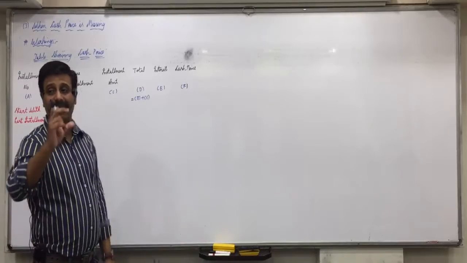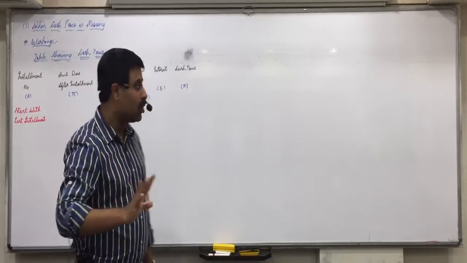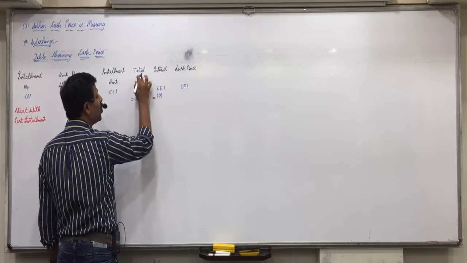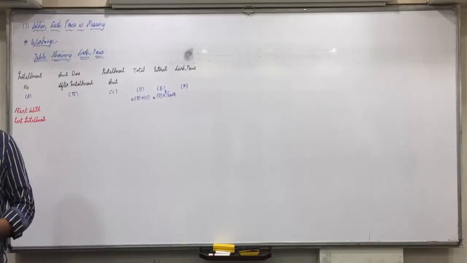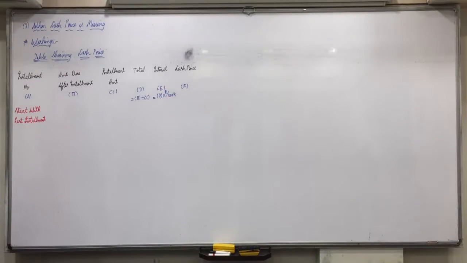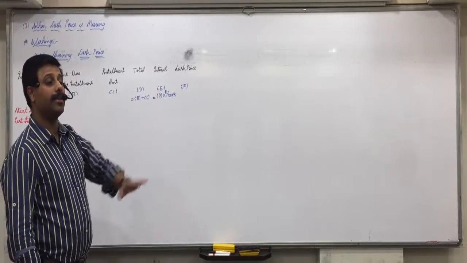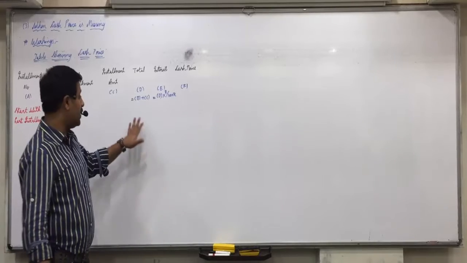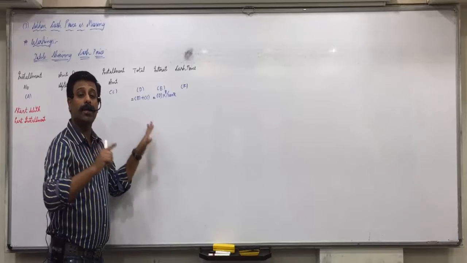Now in this last installment, interest will always be included. So how would you separate the interest from that? The amount of this total into R upon 100 plus R. Means if the rate of interest is 10%, how will you find the interest included? Total into 10 upon 110. If the rate of interest is 6%, how will you find the interest included here? Total into 6 upon 106.